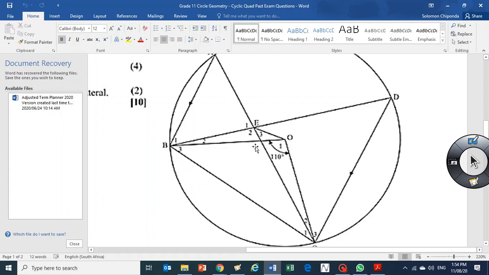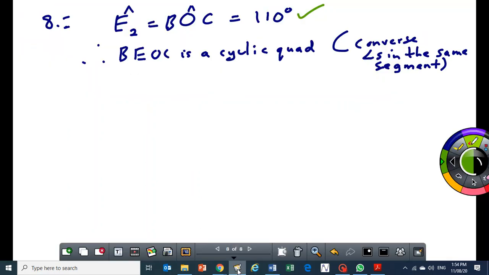Therefore, they are angles that are equal. Therefore, BEOC is a cyclic quad. Okay? So you get 1 mark there. Then the second mark will be